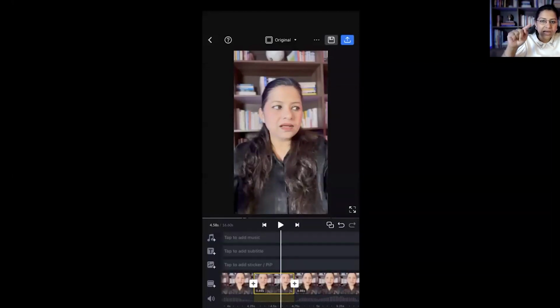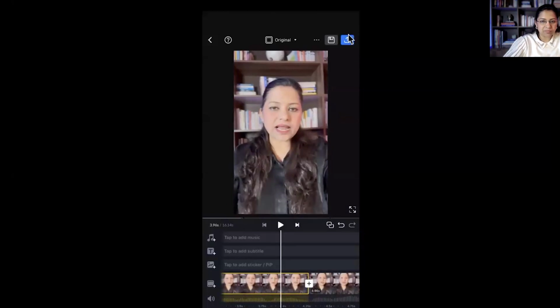Now what I'll do is, I will long press. I'll hold it for some time, the yellow portion. Now when I do a long press on the yellow portion, it will give me an option. Do you want to delete it? Yes, I want to delete it. So I have got a delete button just beside the split. I will simply go and delete the portion and I'm done.